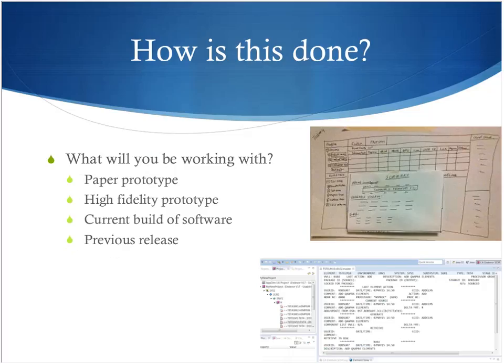Or we might have a high fidelity prototype, which would be a very nice wireframe or something like that we've done that is actually interactive. It works very well via WebEx. The user can actually click on things and the next screen would appear. It almost feels like the actual application, but we don't code anything. We don't spend a lot of time on it. We don't want to spend too much time coding something and then testing it, because if we do, then the developers have a harder time wanting to make changes. So I like to use prototypes. We have a better chance of things